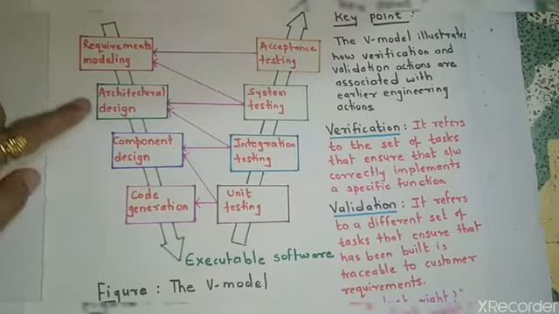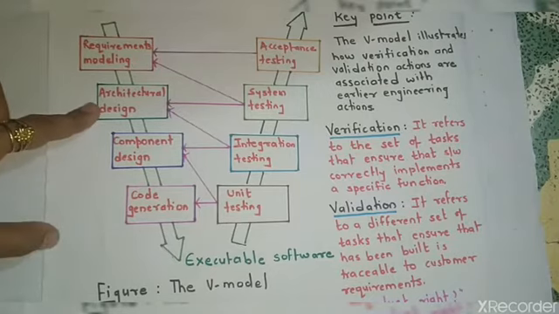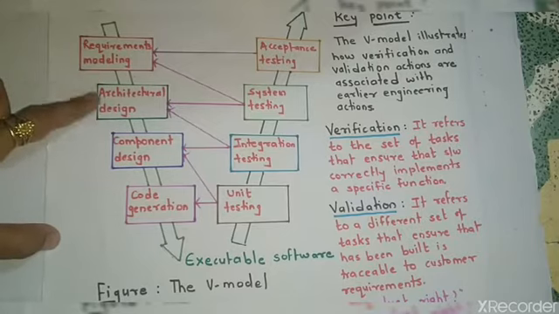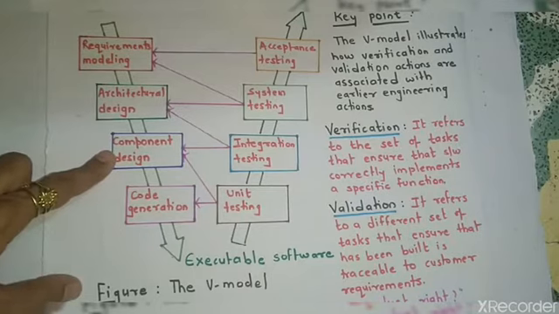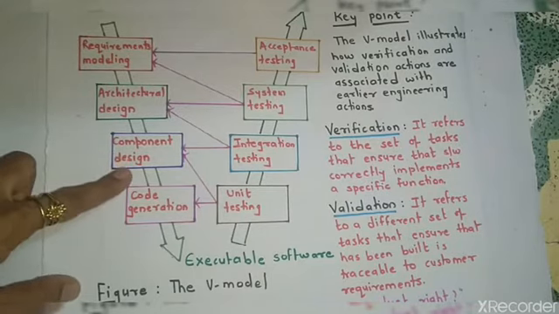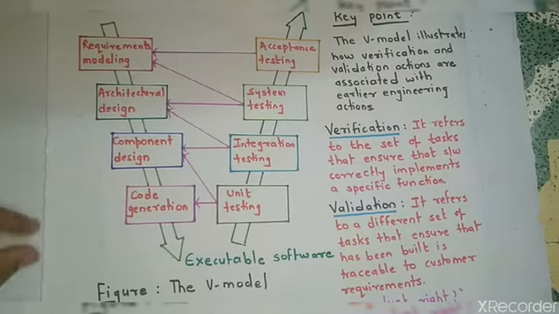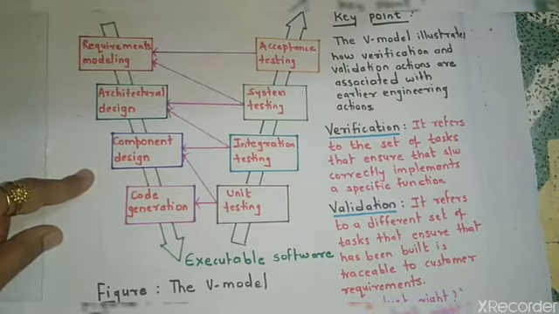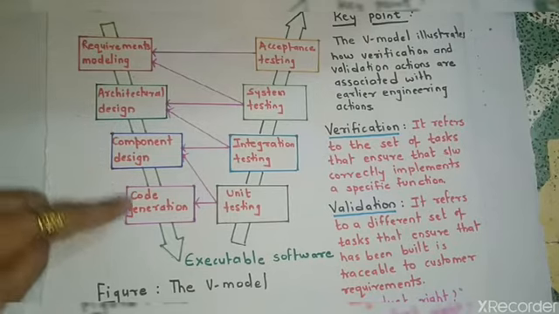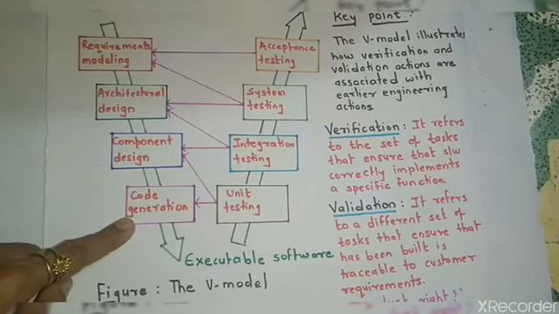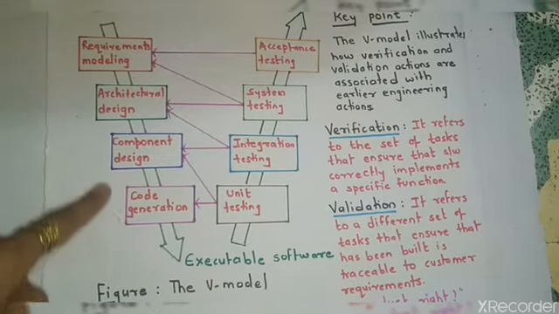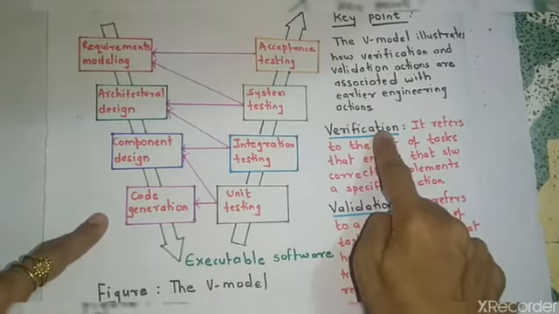So they verified it. Then architectural, here we are going to have a team of architects who are going to verify the design by going through it. We are reading it, we are going through it. Then we are coming towards component design. So this also is verified by other team members. I have designed a document where I am preparing the addition module, and the other person has prepared the subtraction module. So we are going to enter changes, we are going to revise it, we are going to have a review on it, and once it is done we are going to forward it to the team for writing the code for it. So the left arm of V is performing verification activities.